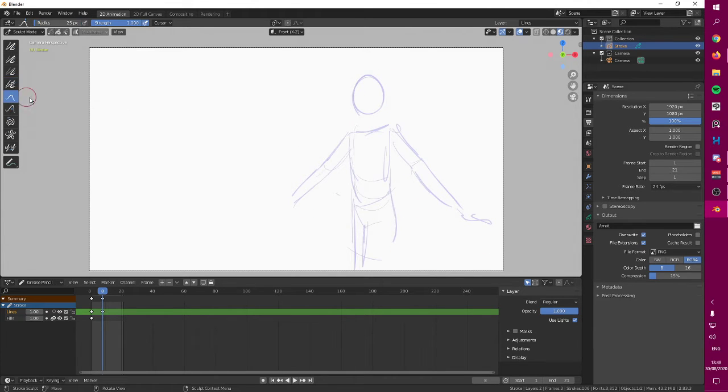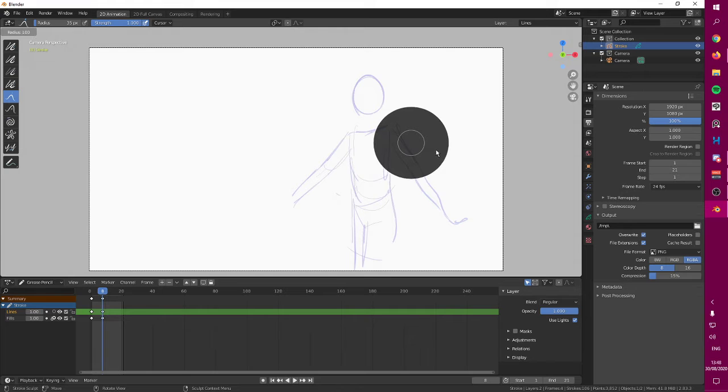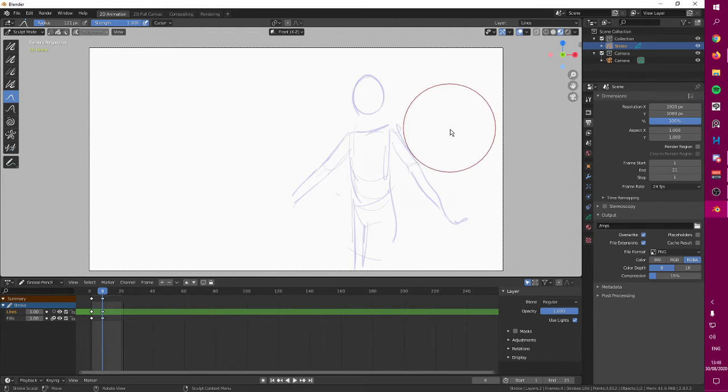But the one that I use the most is this grab tool. The grab tool is like the liquify in Photoshop, and this allows you to make changes in this way. By pressing F, instead of going here and moving this around, you can press F, or at least that's the key that I have this bound to. Maybe in the factory settings it is different.